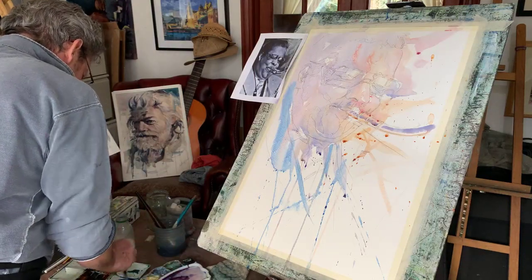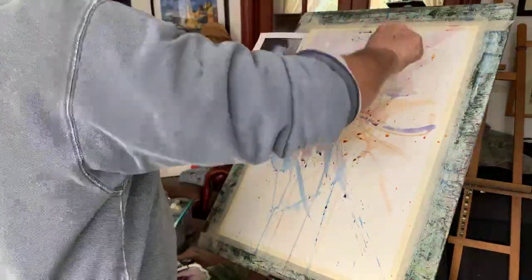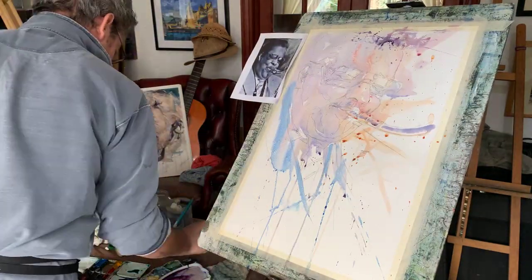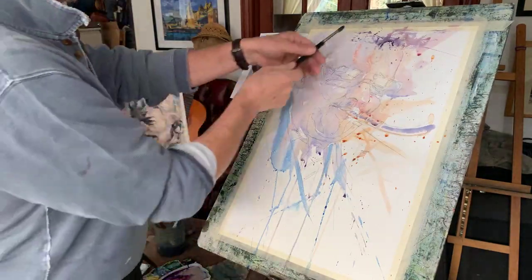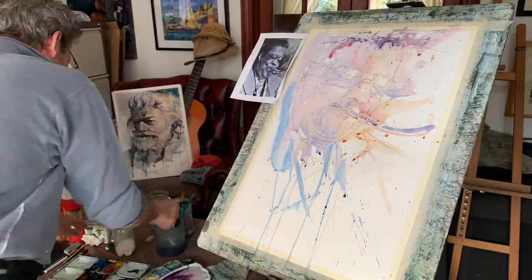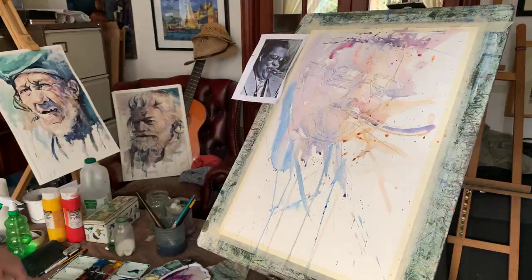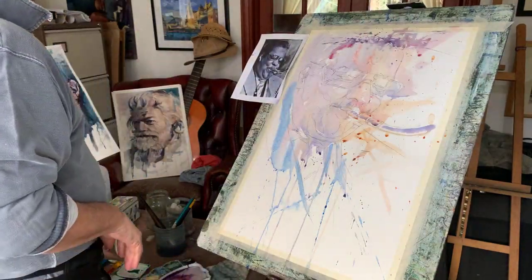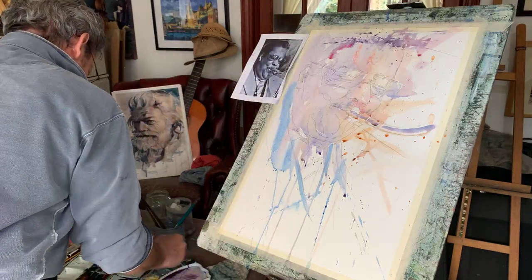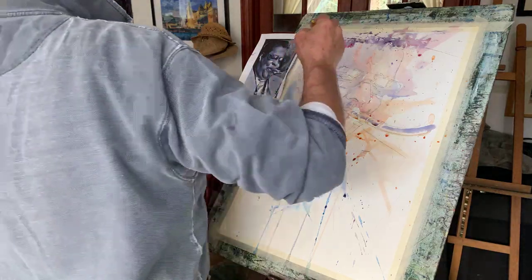And then just around the hairline, a bit of splattering here, and into the background shape. Just so you can see where the hairline finishes and his forehead starts, you know. Not too much, just leave that a little bit. Okay,